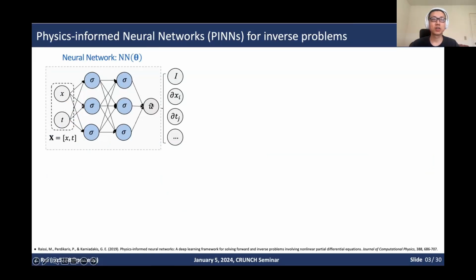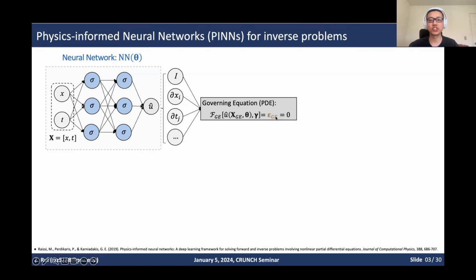With the help of automatic differentiation, the derivatives of the output mu with respect to the input vectors can be obtained and then assembled into the loss function. For example, this is a PDE function. I use f_GE to represent the governing equations as a PDE, as an example, and X is the input, theta is the parameters of the neural network. The mu hat is the prediction from the neural network, and gamma is the unknown structural parameters. Particularly, I treat the PDE residual as